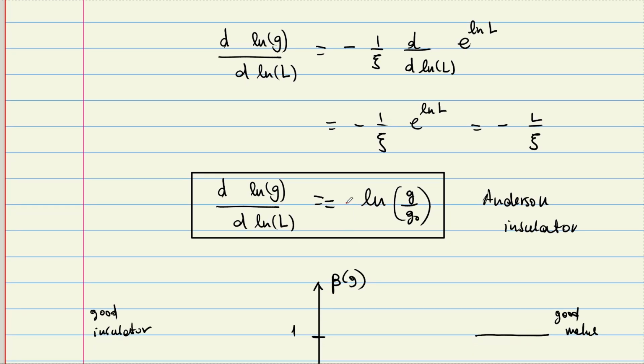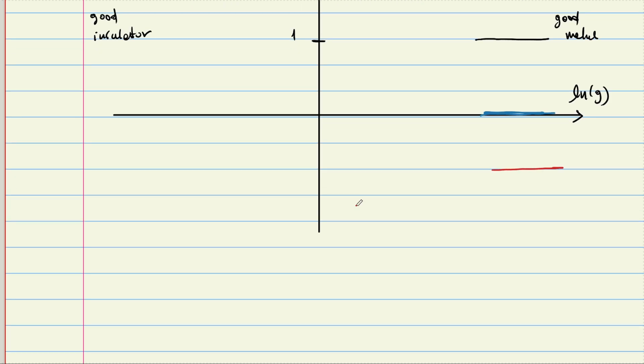I think there's a minus sign here. In the insulator size, we have something like that. And then it's reasonable to just connect them, right? The scaling hypothesis says that this beta function doesn't do anything crazy. It's monotonic, a continuous smooth function. The only thing you can do with a function like this is connect these two, right? And you can see there's a point where the beta function changes sign.